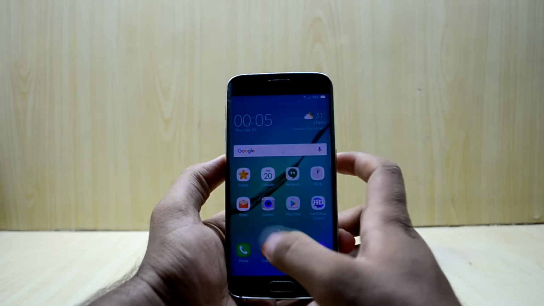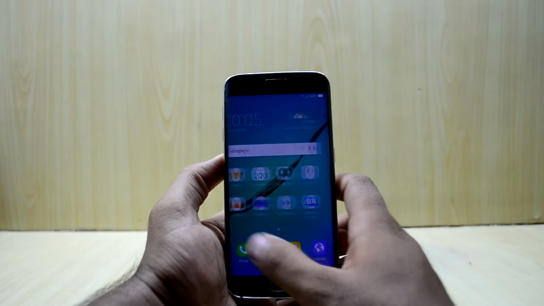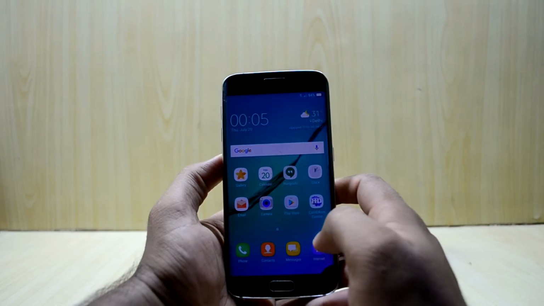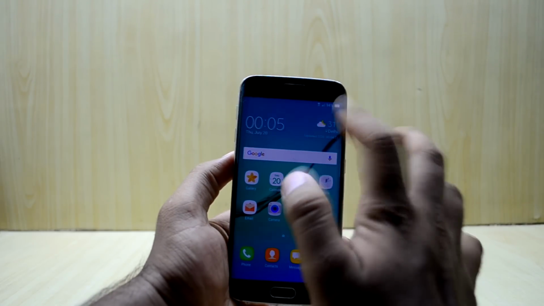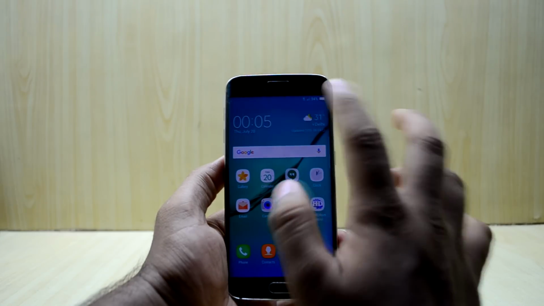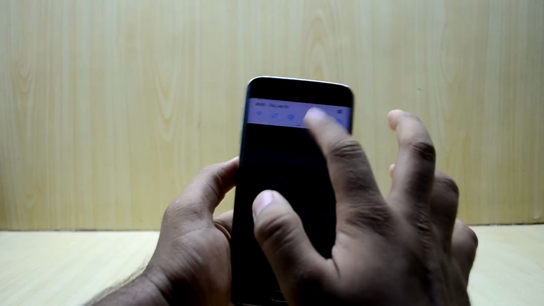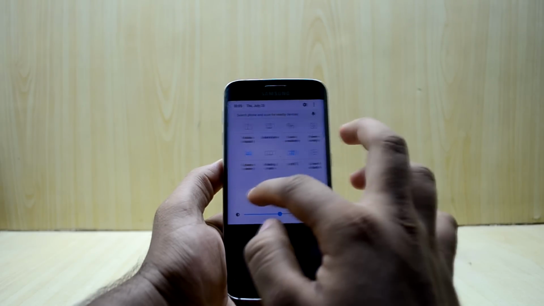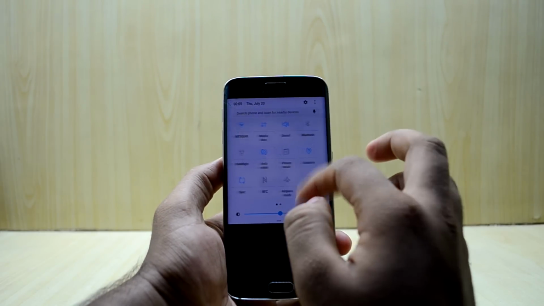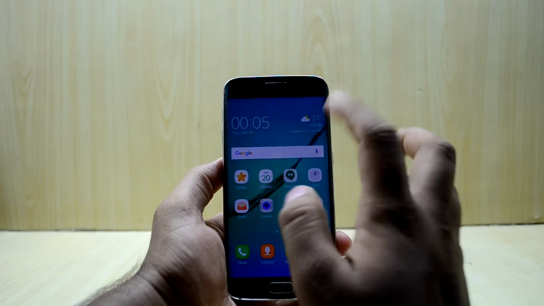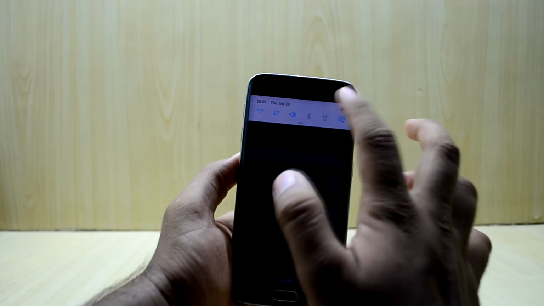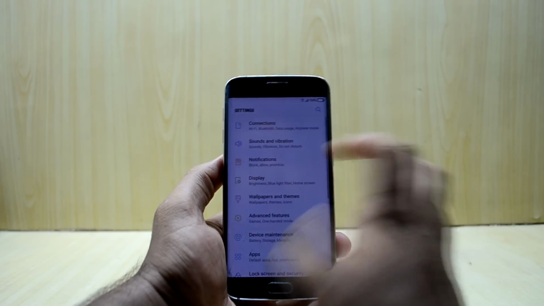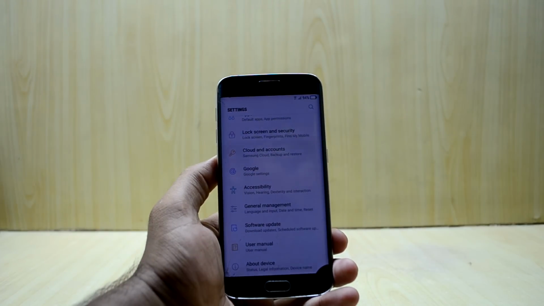It looks a little bit like the S8 launcher with the S6 Edge's wallpaper right behind it, and you do have a nice battery icon over here, and I really like that. So you have the S8 themed status bar over here, the status bar menu over here, but the VoLTE I don't think is working because I don't have the VoLTE logo over here. And settings is like the S8 as well.